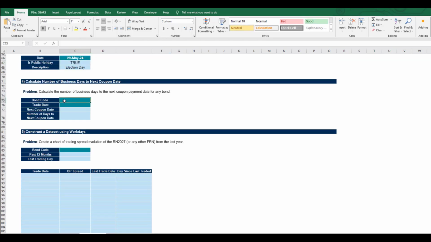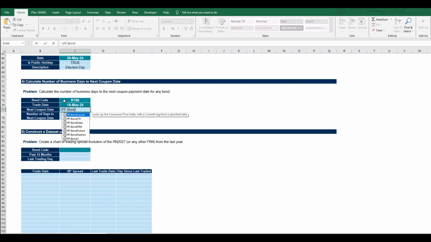And sometimes, I mean, this is not the most realistic scenario, but we'd want to get the next coupon date for any bond, and just telling Excel that the R isn't for rands with that abbreviation. We want to use the R186 trade date. Let's check the trade date today, and then we want to have the next coupon date. Don't worry too much about this function right now, but this is just accessing the bond data, so Excel knows when this bond pays